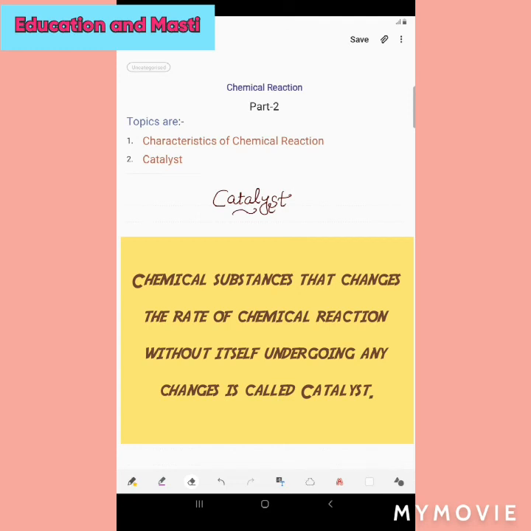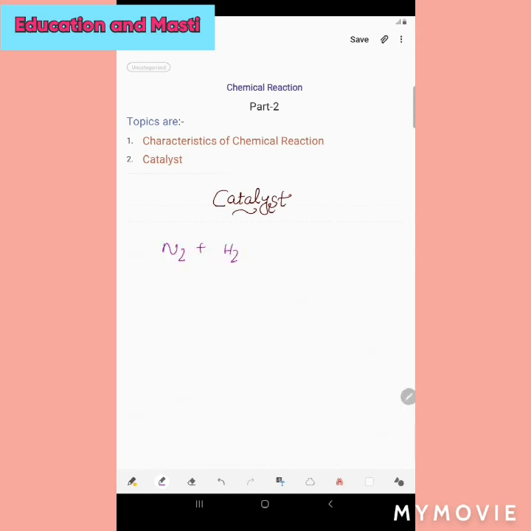Okay, so for better understanding, let's take an example. N2 plus H2, this arrow, I think you remember, this is the sign where the change is reversible, gives NH3. Now first we need to balance it. Here nitrogen 2 is given, but here only one nitrogen is there. So let's write 2 here. So here hydrogen becomes 6 now. So let's put 3 here. We will get it balanced.